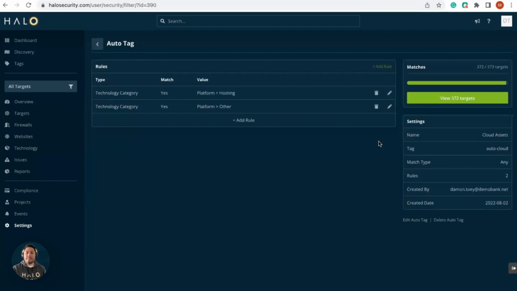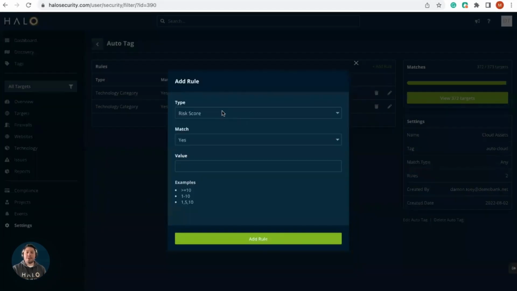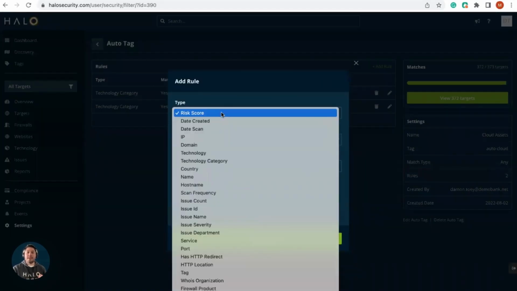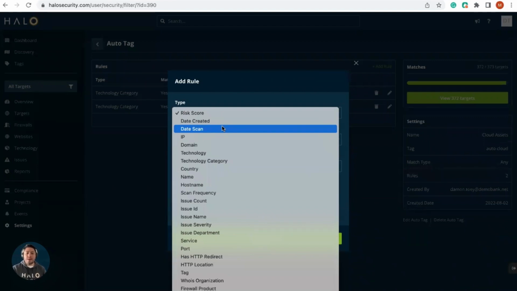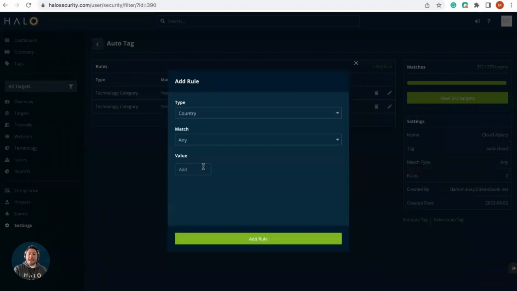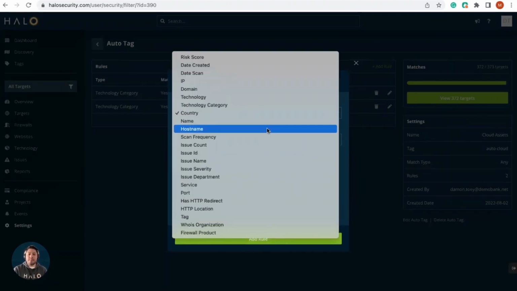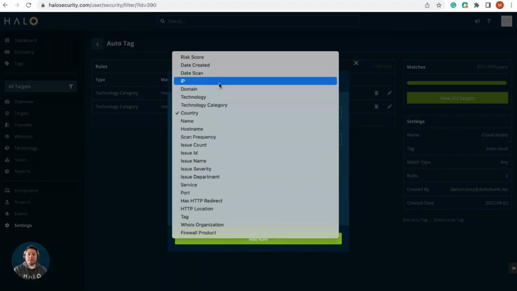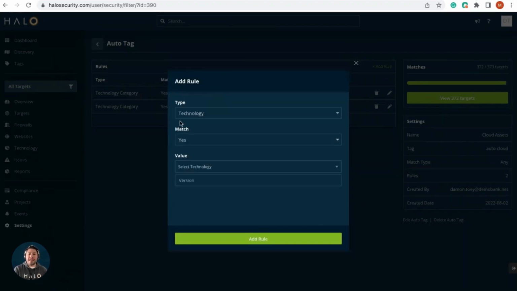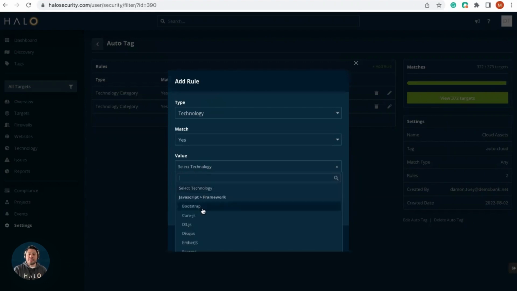So I'm going to go ahead and showcase the additional attributes. And this is really the enhancements here. So now you're able to create groups based on assets deployed from a certain country. For example, that's what, if you have your teams globally, maybe a particular host name, maybe a particular technology or category like we have here today. And so maybe I have a team that's fully responsible for JavaScript, and this team is only focusing on